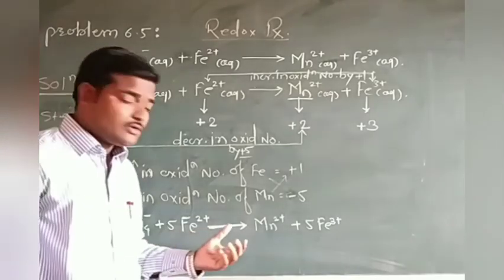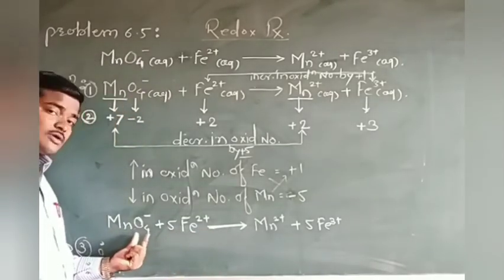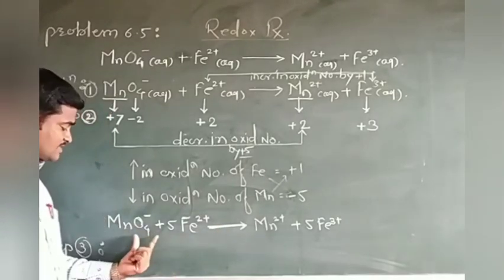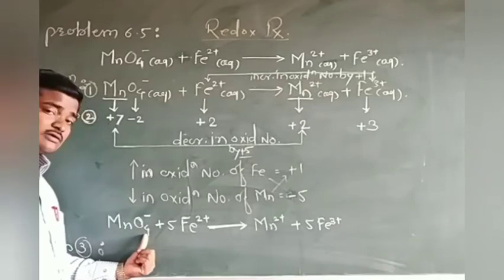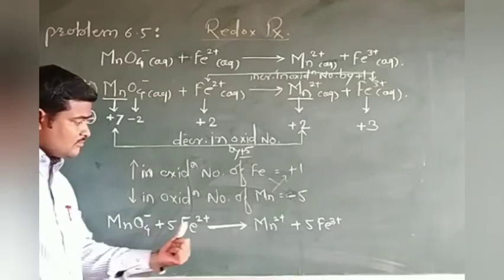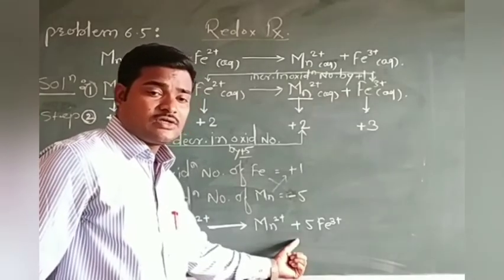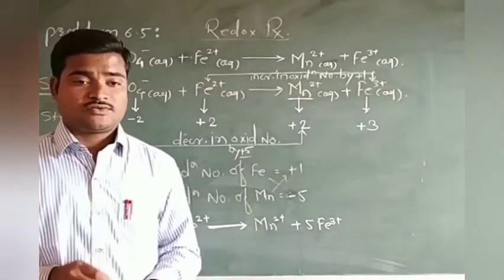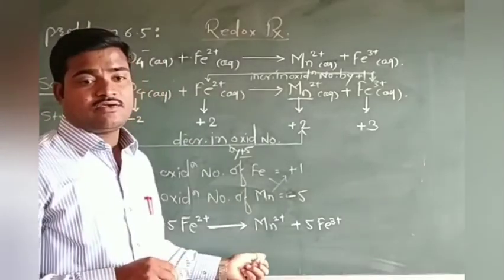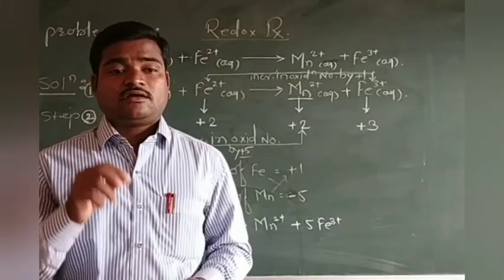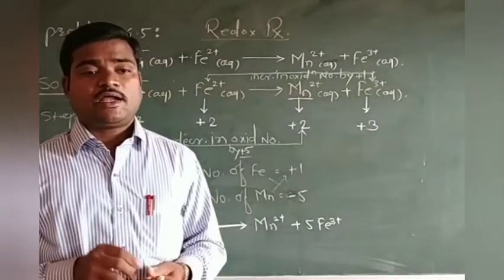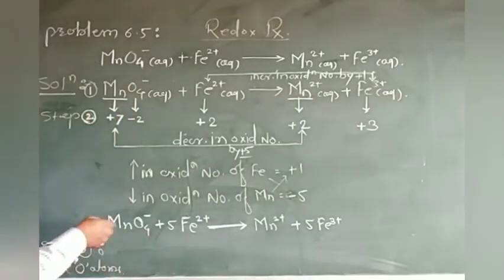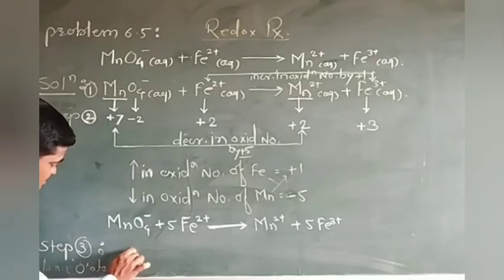For that, you have to count the oxygen atoms present on the left hand side and the right hand side. On the left hand side of the equation, the oxygen atoms are 4 in number, but on the right hand side no oxygen is present. In that case, we have to take the help of water molecules for balancing the given redox reaction, and by adding 4H2O on the right hand side we can balance the oxygen atoms. Let us make some modifications here.